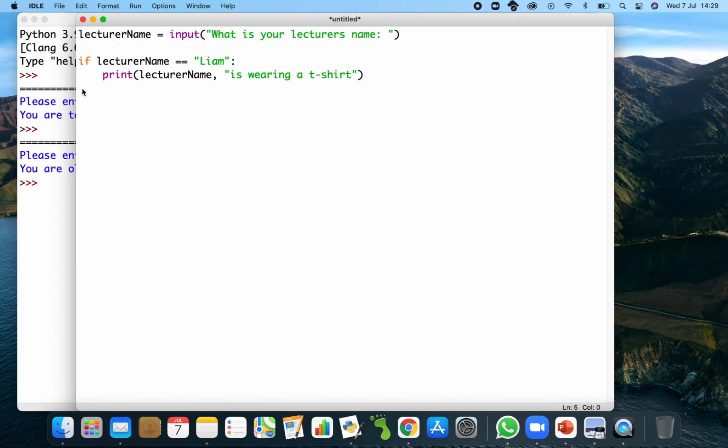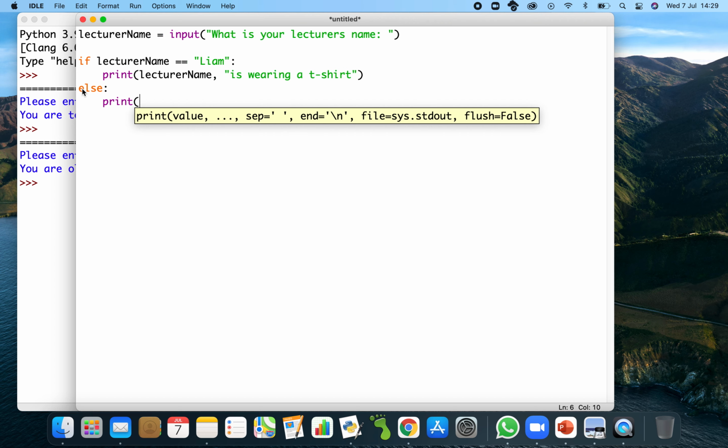If lecturer name is the same as Liam, print lecturer name, comma, open quotation marks, is wearing a t-shirt, close quotation marks, close parentheses. Else, we need to print